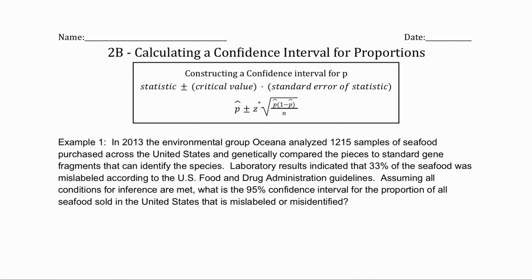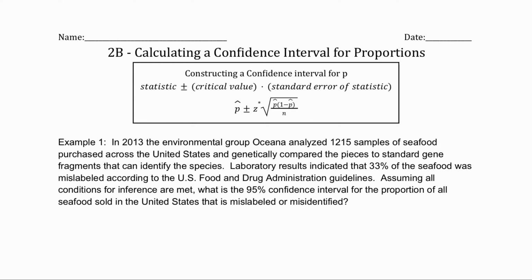Calculating a confidence interval for proportions. So first things first, this is just going to be the calculations of the confidence interval. We're not really talking so much about the full process today, just specifically how do we calculate it. So you'll hear me say a lot that we're going to assume that conditions for inference are met. So we're cutting out a lot of the steps just to practice on the number part of this